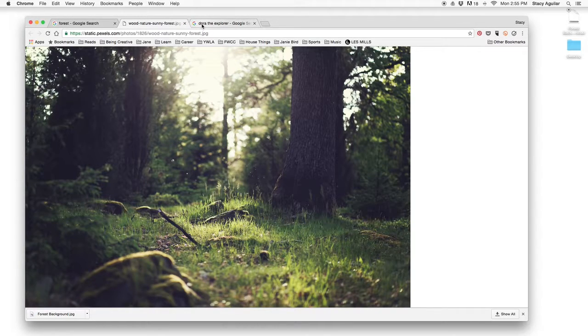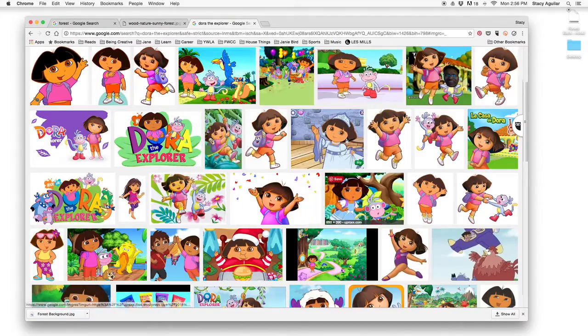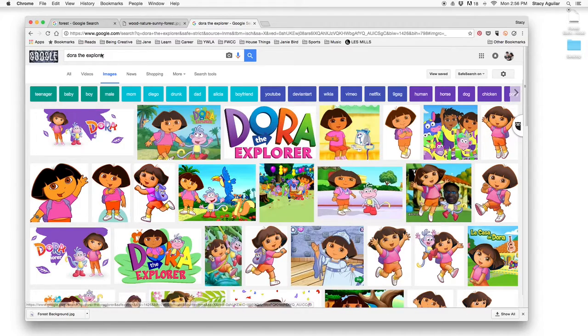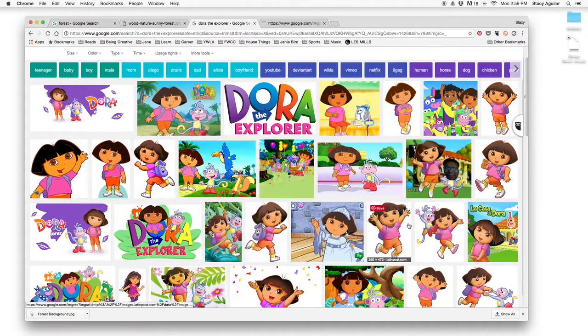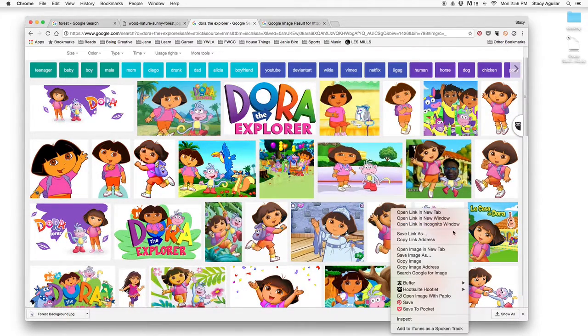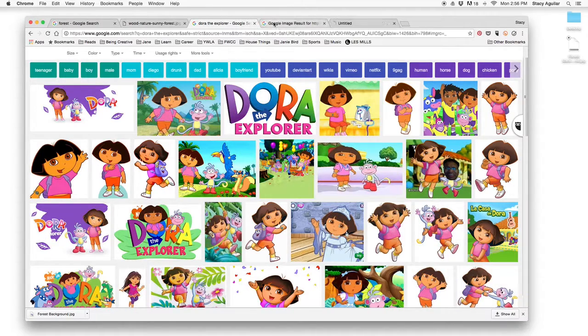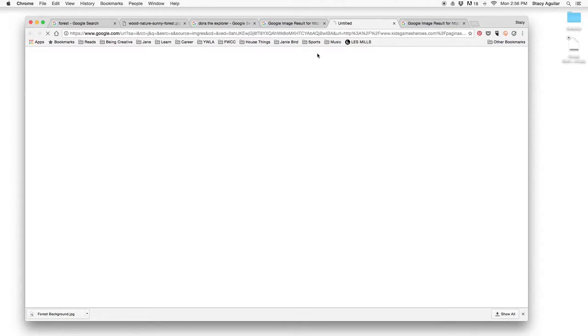And now I'm also going to save a couple of characters just to show you for this exercise. So I search for Dora the Explorer, and with the characters it's not as important to do the large, but you would go here and click large like we just did. So I'm going to open this one in a new tab, we'll do this one. Okay, so view image,